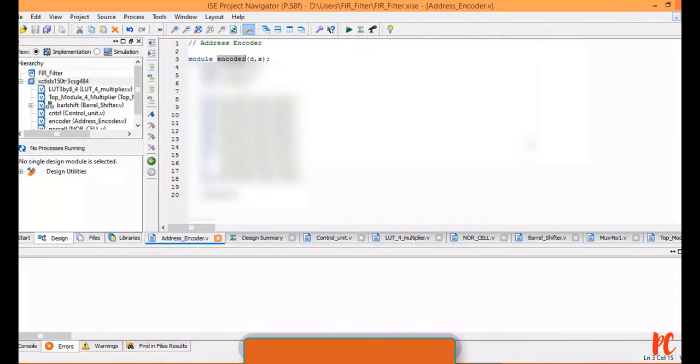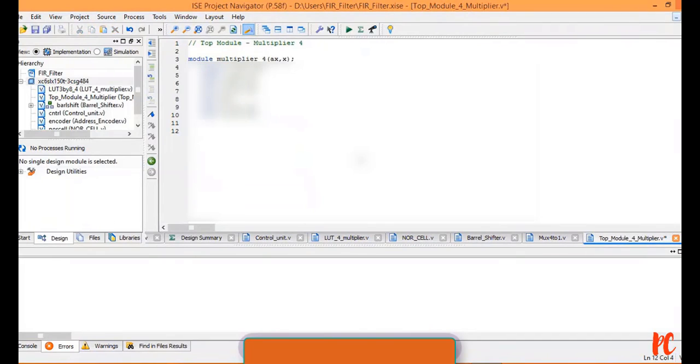Let me copy it, followed by this module name, G1 of W0, X. Since W0 is a 3-bit representation, and even the code that I have written in the address encoder is 3-bit, followed by X, which is a 4-bit representation. See here the 4-bit representation. If you observe in the address encoder program, even the port list has been declared with the 4-bit representation.